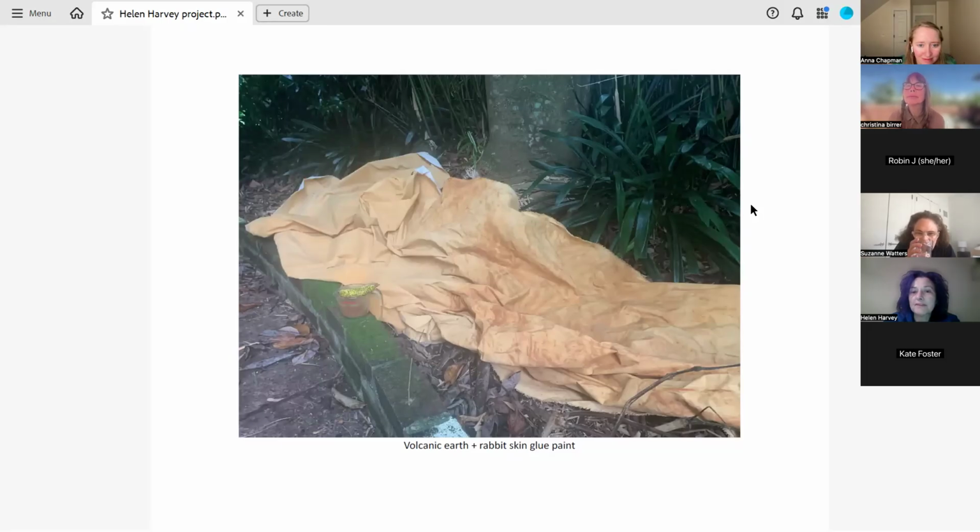This is the latest thing I've been working on. I got 5 meters, which I suppose is about 5.5 yards, of unprimed canvas, and I put the first layer of quite thin paint made out of clay and rabbit skin glue on with a broom, just because it's so big.